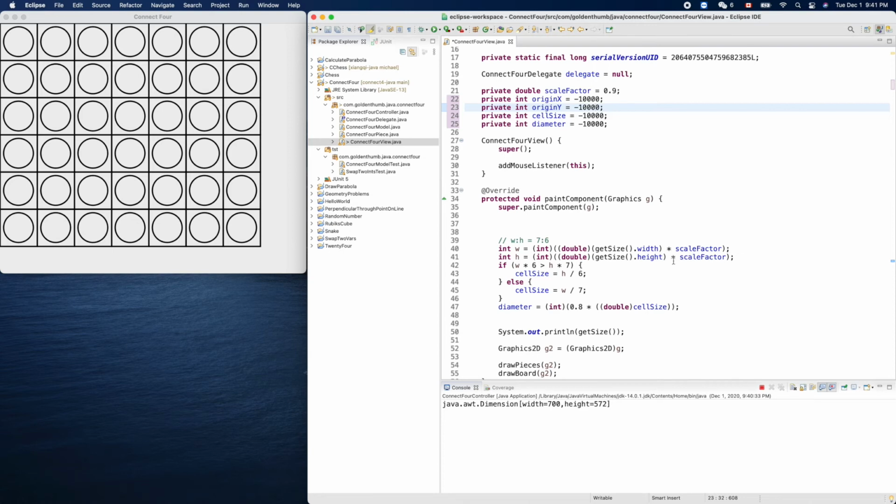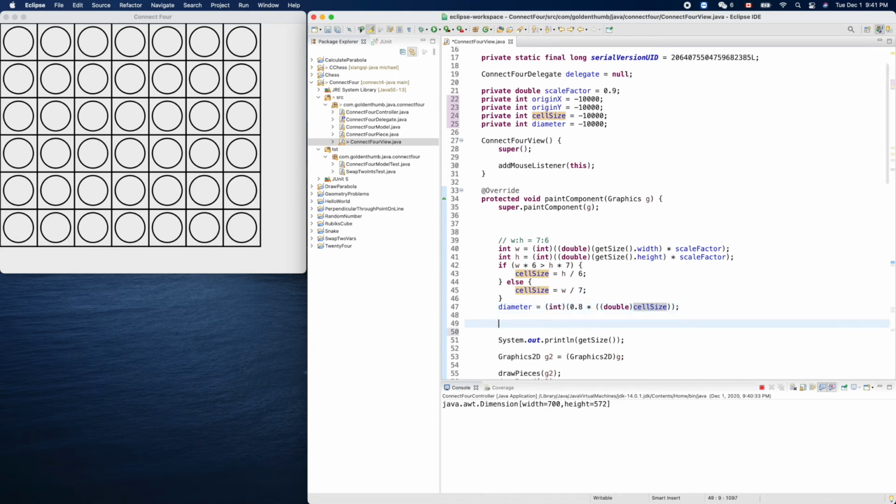So after we make the decision of that, this is the width of our game board now. Okay. So the cell side is that. Okay, so now our origin x equals